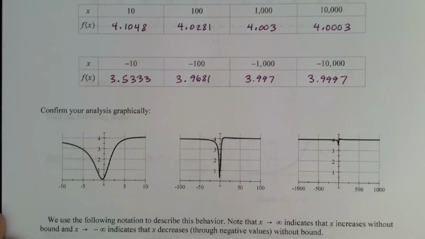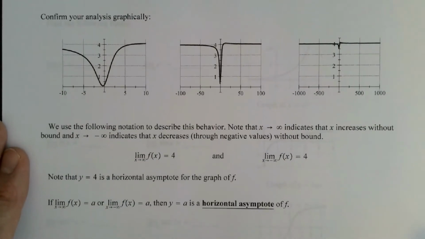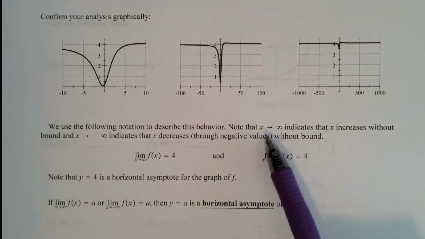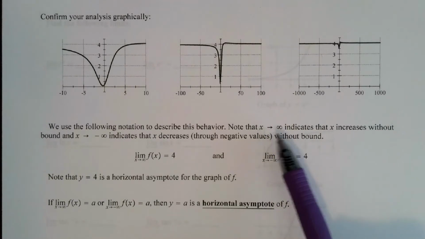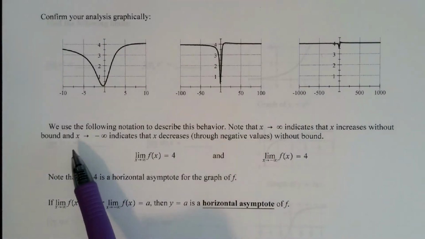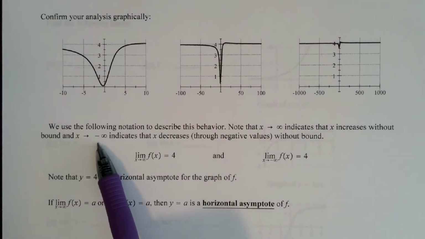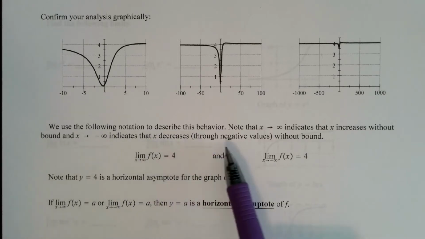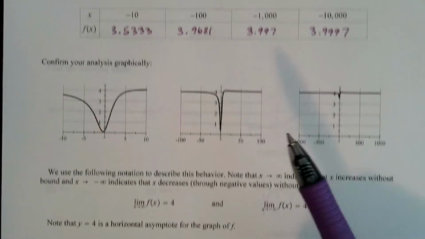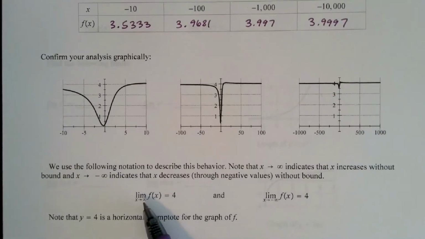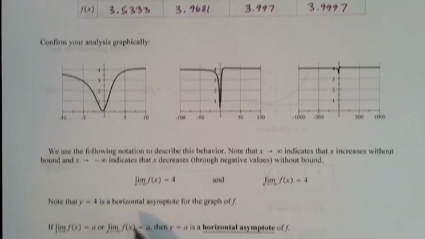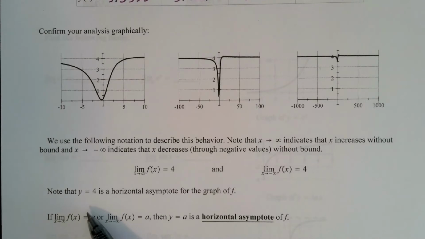All right. So for this sort of behavior, we're going to use this notation. As x goes to infinity, that indicates that x increases without bound, and as x goes to minus infinity, x decreases without bound throughout all the negative values. So in the example we have up above, the limit as x goes to infinity of our function is 4, and the limit as x goes to negative infinity of our function is 4. And as we said, note that y equals 4 is what we call a horizontal asymptote for the graph